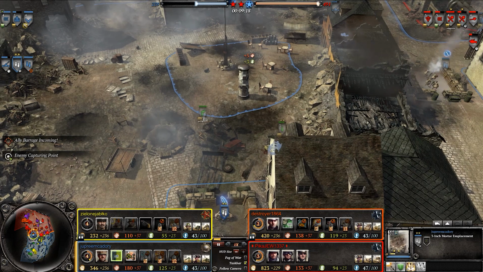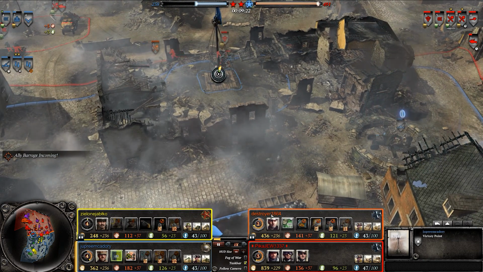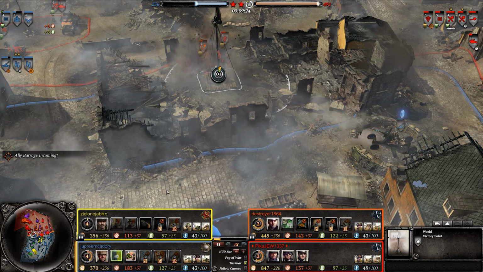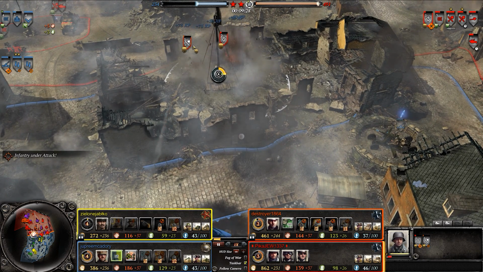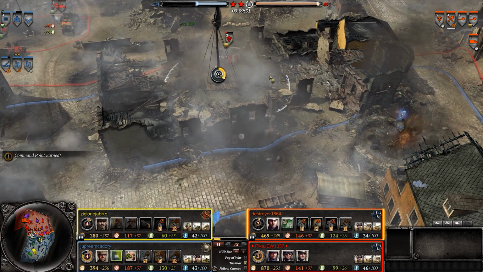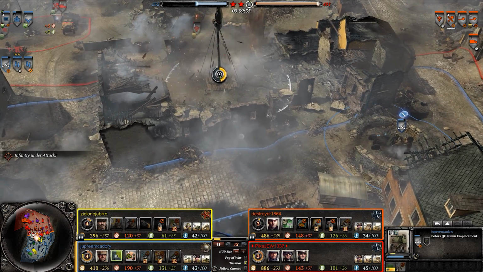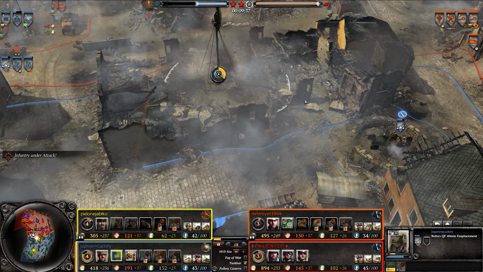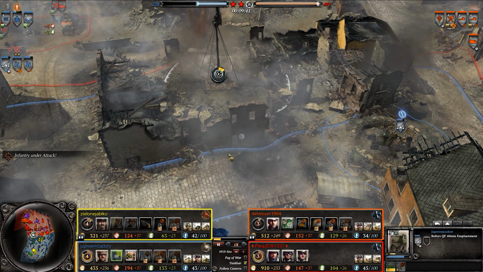Axis still control the majority of the points, and are getting back this point. So they could probably rush this game and win if they can hold down these points. Yeah, this is where the Beaufort's probably coming into play, killing some of the troops. Poor Sturms, never stood a chance. Unfortunately, it looks like they're having trouble seeing, like this piece of building is stopping the troops from being able to be seen. Yeah, and maybe the mortars are also kind of being a...